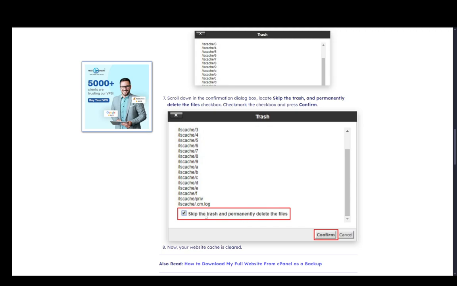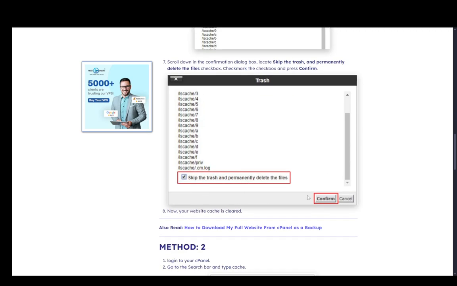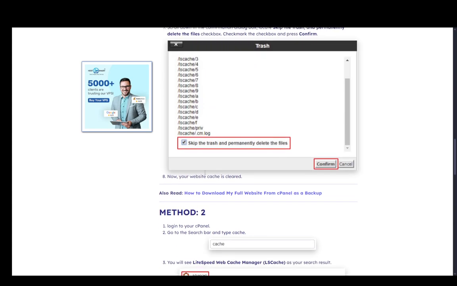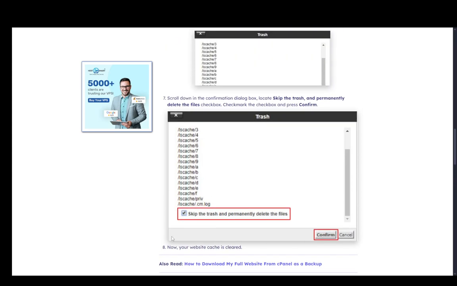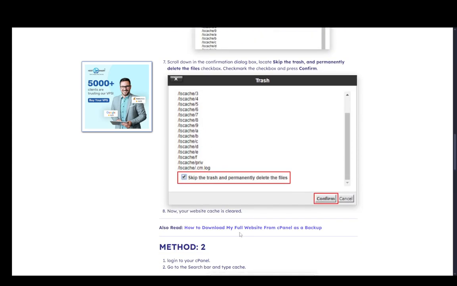This is used simply because you do not need to restore your cache if it's corrupted, and you do not need to keep it anywhere, especially not in the trash, so you can just delete it completely. If you forgot this step and just click confirm, just go into your trash can and delete all the files in there. But yeah, once you do that, you can just click confirm, delete everything, and now your cache will